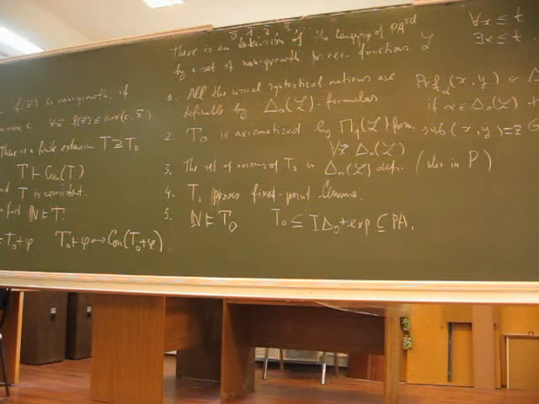But I have not yet formulated what T0 is. T0 is not any theory satisfying these items; it's a very specific theory. But at the moment you can think of it as any such theory. The point is that you asked about T0 proving a certain property, which I don't need if I already have all these properties 1 to 5.